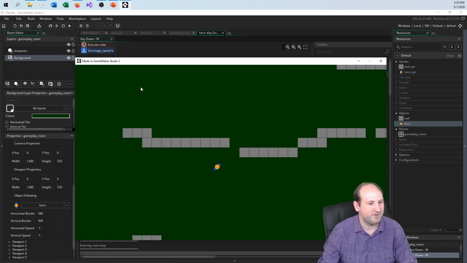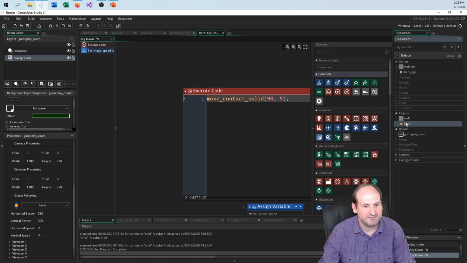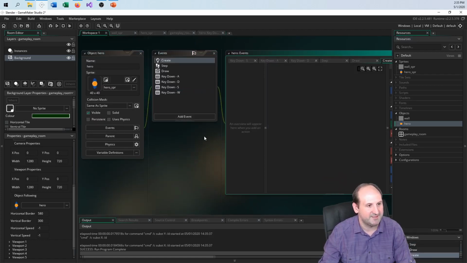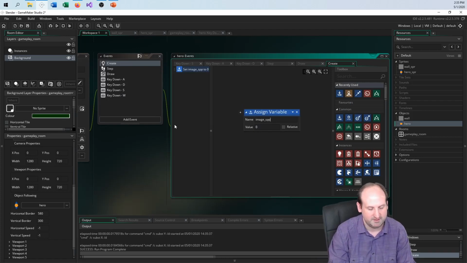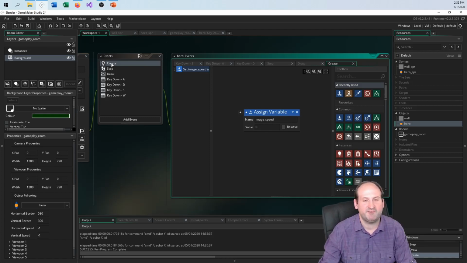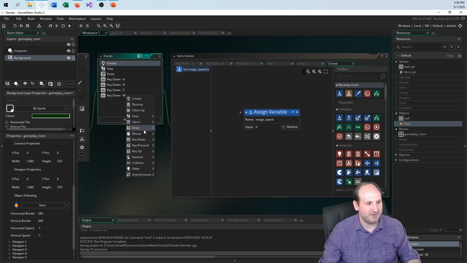The only thing I need to do here is make sure when I start the guy off in a create event, which I don't have yet, I set that image speed to 0 so he's not running in place. And I also need to do this every frame that the character's not moving. This is where things get tricky, because if I was doing this in real code, I would have put all these key events in the step event, and that way I would know if I'm not moving. It's just really difficult. So what I can do is duplicate this image speed 0 and put it into